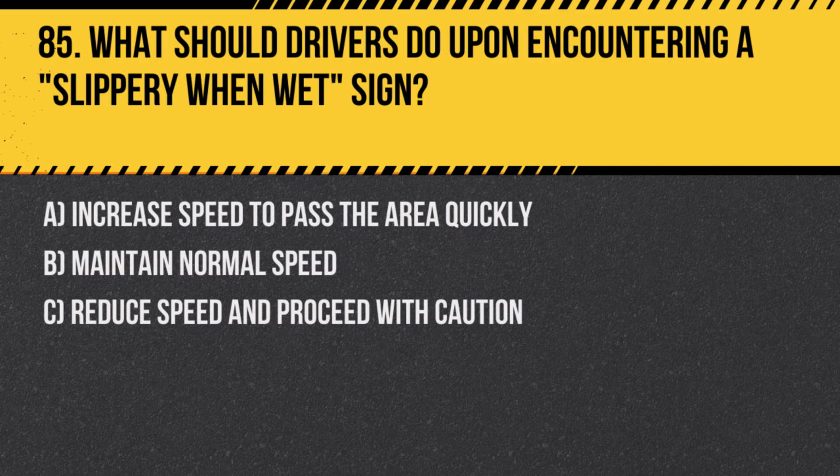Question 85. What should drivers do upon encountering a slippery when wet sign? A. Increase speed to pass the area quickly. B. Maintain normal speed. C. Reduce speed and proceed with caution. Answer: C. Reduce speed and proceed with caution. Slippery when wet signs warn of potentially hazardous road conditions, requiring drivers to slow down and maintain control of their